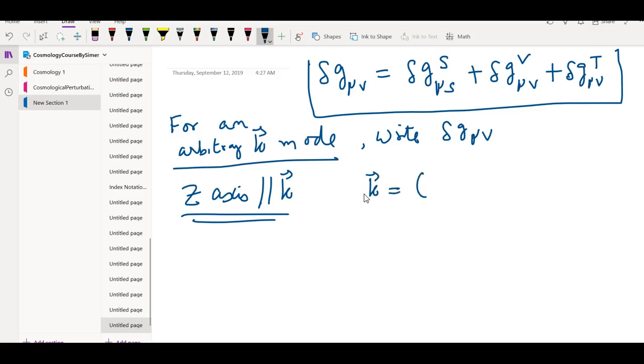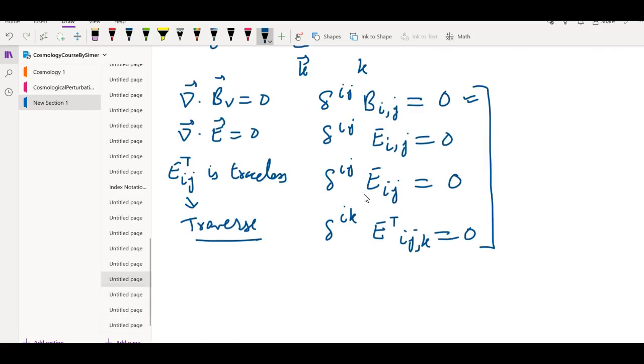Then k is equal to 0, 0, k. These are the components of k vector. And what is the B S vector going to look like? So we have seen that the B S vector, following our convention,